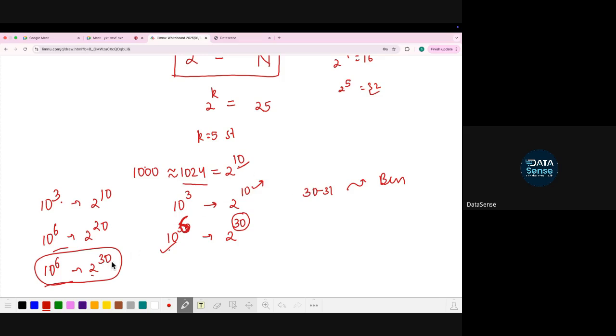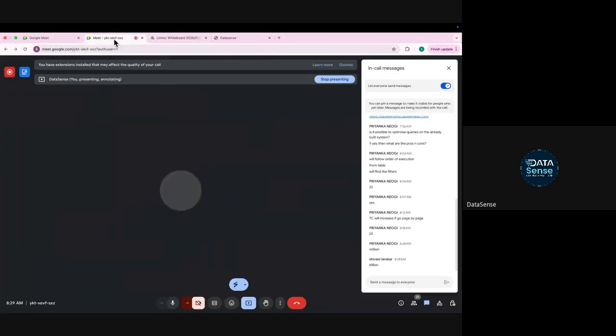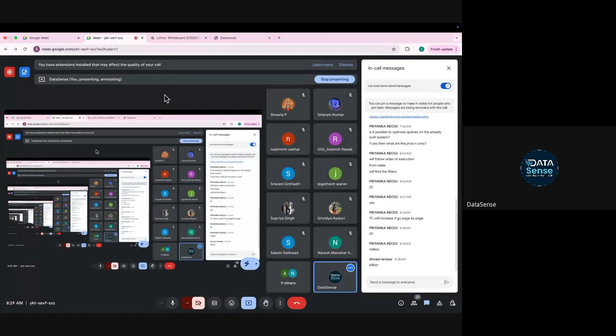Not for a million, a billion. So in short, in just 31 steps, you can find an element in a data set of a billion rows. So do you see the power of binary search? Anyone, any confusion in binary search? So that's why binary search is more efficient.